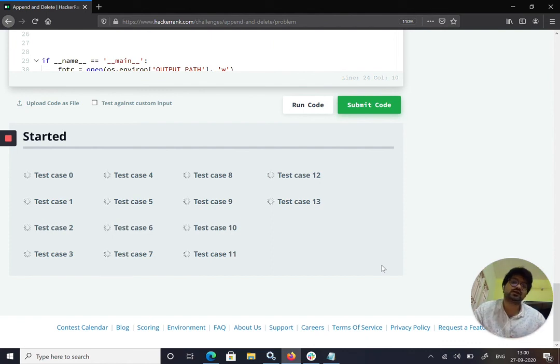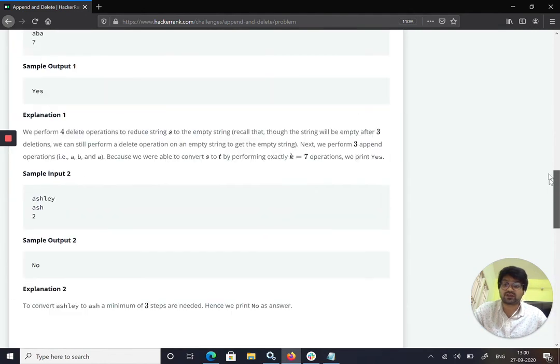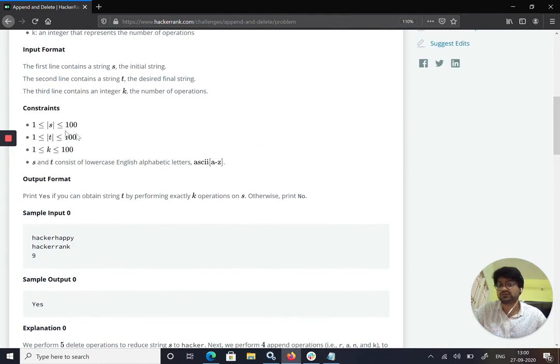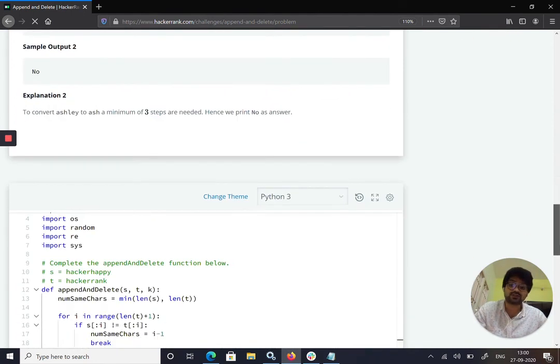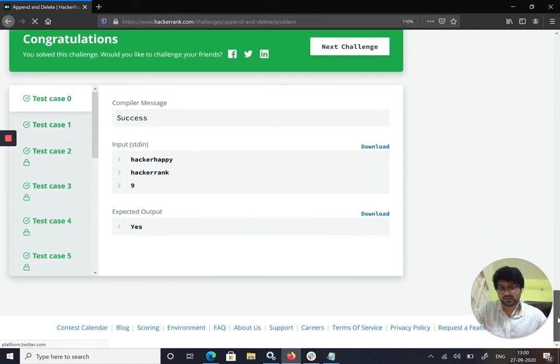HackerRank usually gives a large number of inputs, so we need to make sure of the constraint which we saw here. That's how we make sure our code is optimized according to that constraint. We got successful, and all the test cases ran successfully.